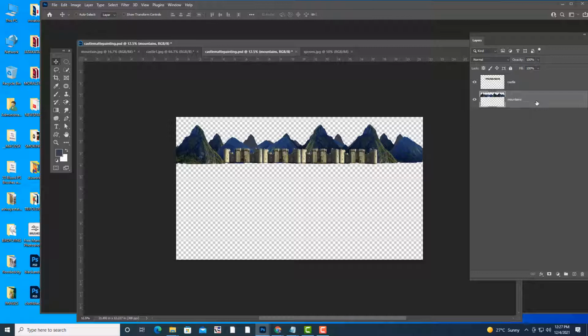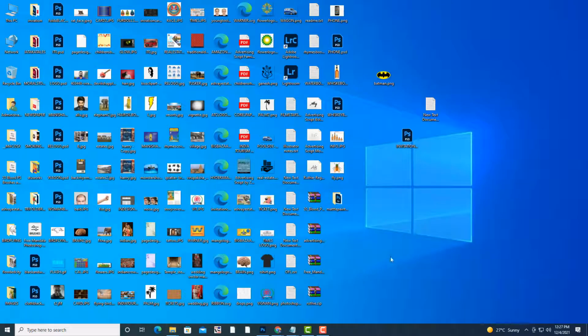Okay. Right. So see, the next important thing we have to do is, we have to create a color match. Okay, see the castle is having different colors. Mountains are also having different colors, means the lighting between two images is different. Okay, so how to do match color? Okay, see, you want to write down this, you can write down. Just a minute.